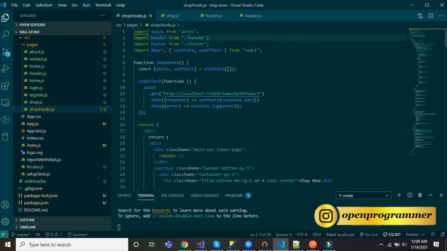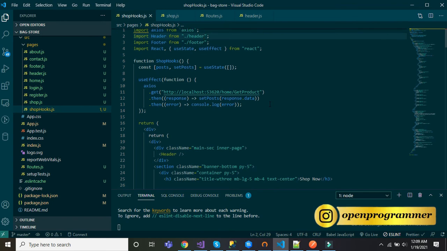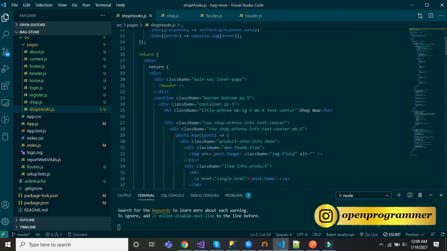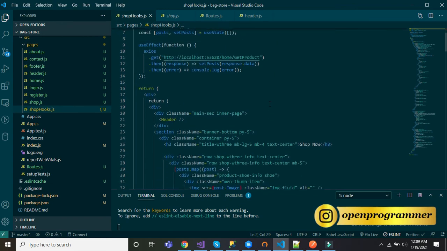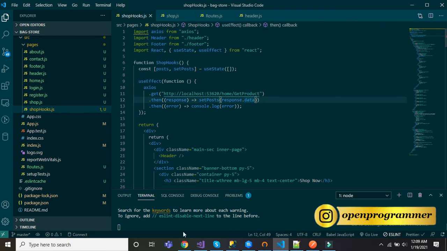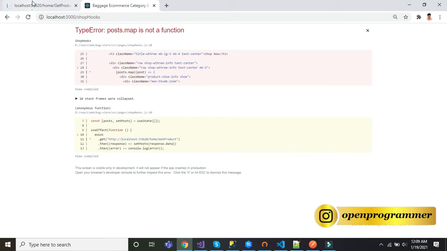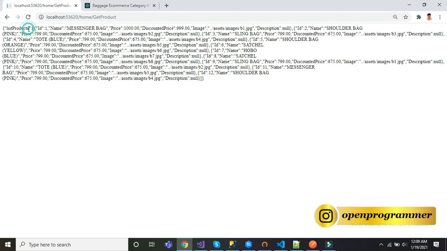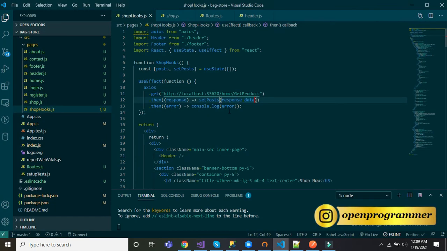Post.map is not a function. Okay, the reason is our data is coming in this wrapper. So we need to include response.data.listProduct. Let's save this.